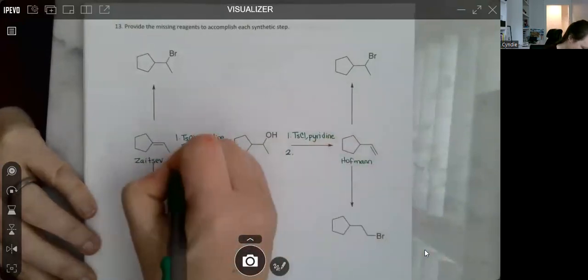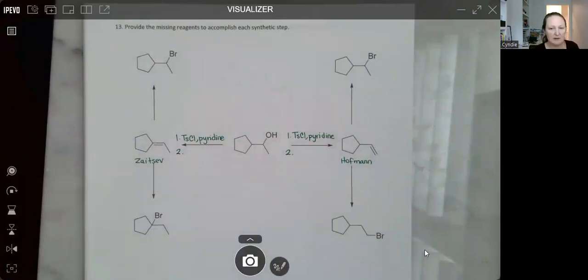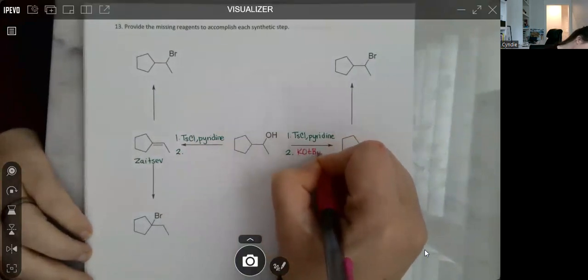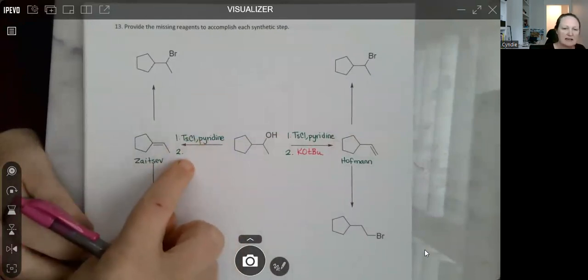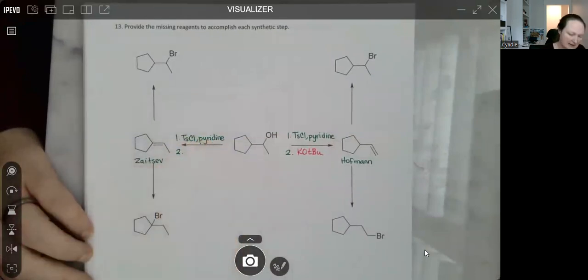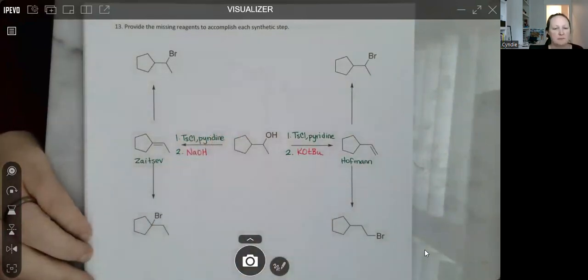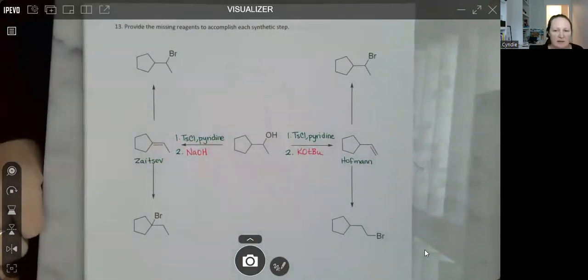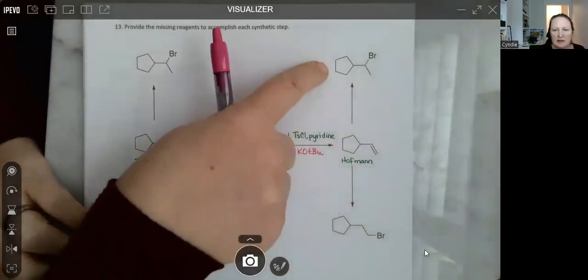The difference, right, lies in the second step here. So I'll kind of highlight that with a different color. We have potassium tert-butoxide here, right, versus a smaller base. So you could use sodium hydroxide, sodium methoxide, or sodium ethoxide. So I'll just use the smallest one as an example. Okay, so once we have the alkene, then we just need to add H and Br across